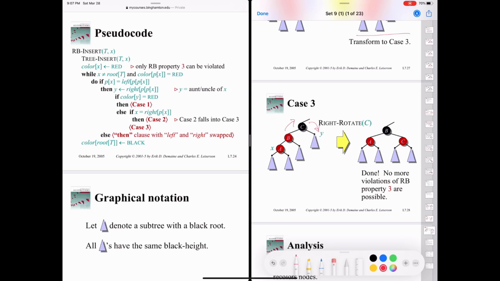In this rotation, when you right rotate C, C will come down, B will move up, and this will now get attached to C. The right subtree of B will become the left subtree of C. And once you do this, there will be no more violations of property 3 in the red-black tree. Okay, so this is how we will solve the problem when we insert a node in the